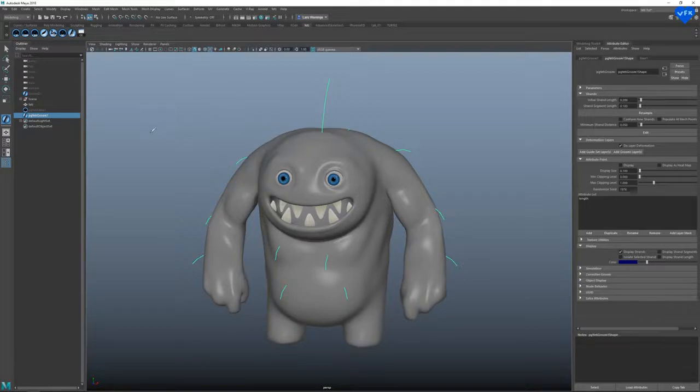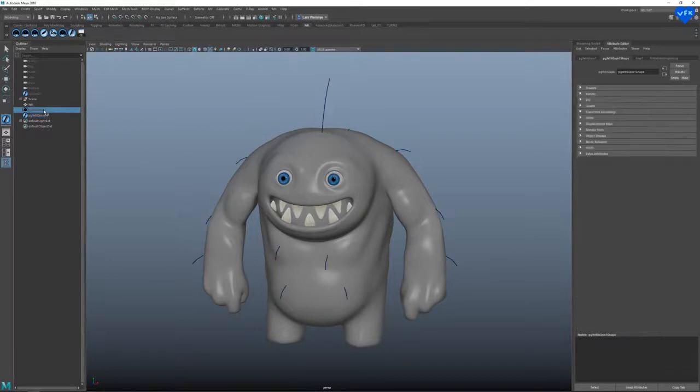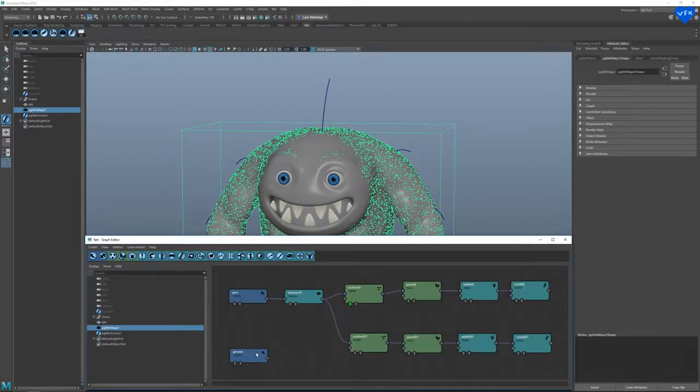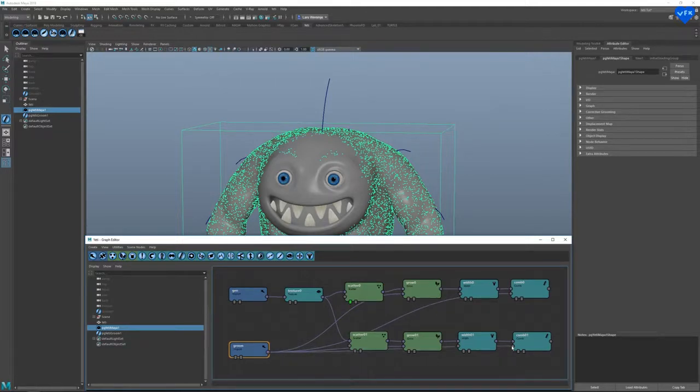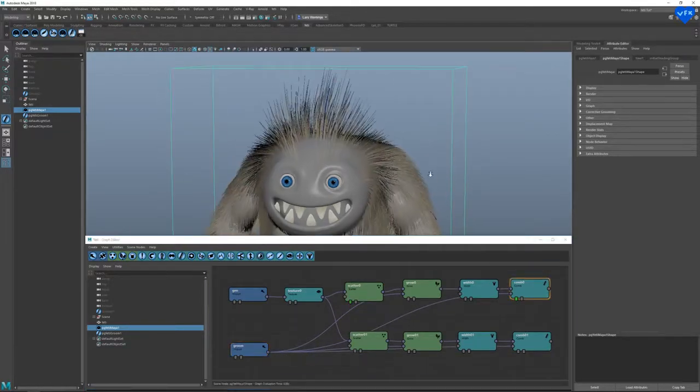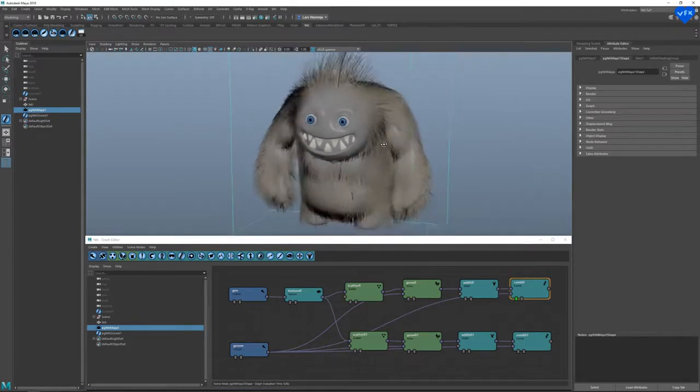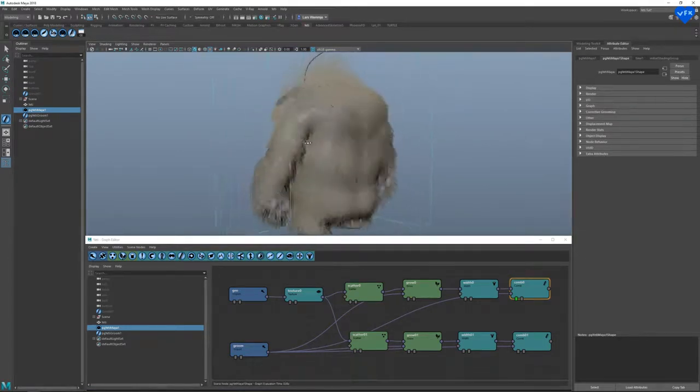To make it have an effect on the hair, we need to connect it to our grow and comb node. So let's unhide the Yeti node, and with it selected, open the node graph editor, and connect our imported groom to the lower inputs of our grow and comb nodes. Okay, this still doesn't look good, but you can definitely see how the groom is changing the length and look